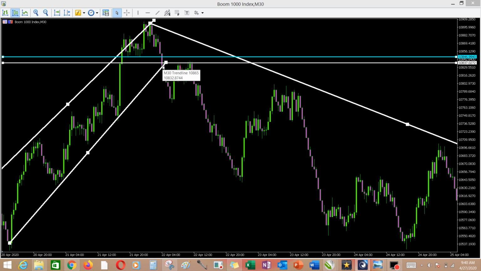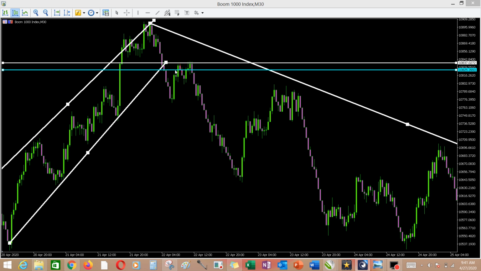Let's say I'm selling a loan. If I'm buying a loan, once it touches this support level, I can place a buy order below the support level. But if I'm selling a loan, I will wait for it to break this support level. Remember, I came in here and I exit the market here. This should give me like 10 minutes, if not 15 minutes trade. So I will wait for it to break this support level. You can see it broke it here.